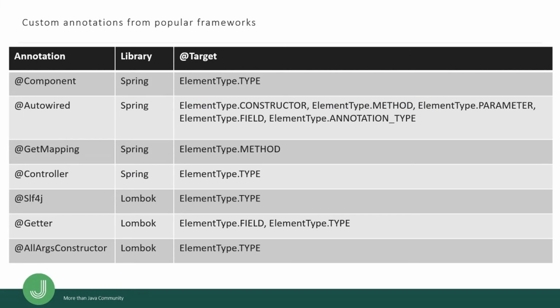And of course, there are some examples in the real world of custom annotations. For example, we have a popular framework, Spring, for web applications. There we have the Autowired annotation, for example. We can mark fields to show Spring that a serial bean should be applied to a field, or maybe we can use GetMapping on some method to show that this method is using some GET requests in it, and so on. And for example, the Lombok library, a very useful library for Java, where developers use it